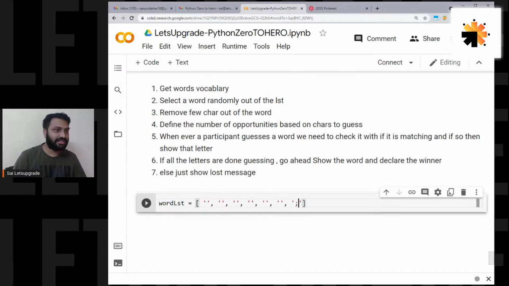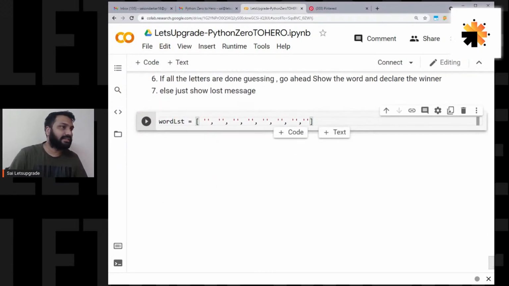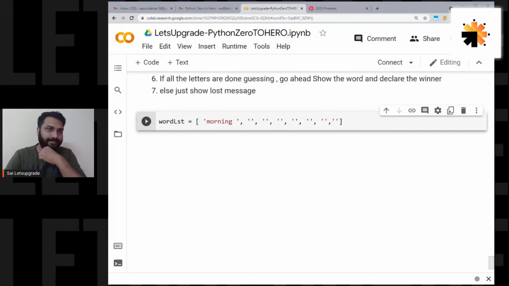Give us the words in the chat at least. Give any random word which you want this computer to have in its vocabulary. So let's say morning. Morning is one of the words. So Jitendra, Mohammed, Bagh, you all are mentioning it. And even Rohit. Now you have to just tell me what all words. We will remove spaces. If spaces are there, then we are going to have a very big